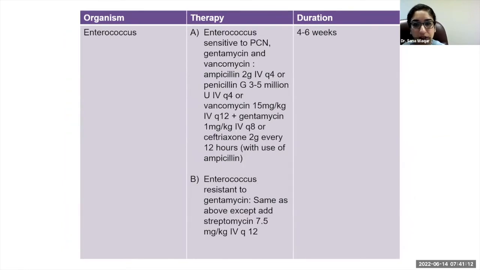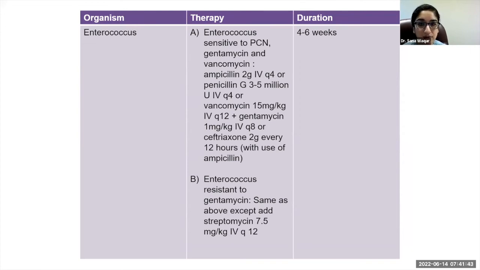Enterococci, one change here is, traditionally AMP-susceptible enterococci have been treated with ampicillin plus gentamicin as synergy. But recently, over the past, I want to say 5 to 6 years, new studies have shown that if you replace the gentamicin with ceftriaxone, so unusual combination, ampicillin plus ceftriaxone, both beta-lactams, but when used together, patients have the same treatment success as AMP plus gentamicin with